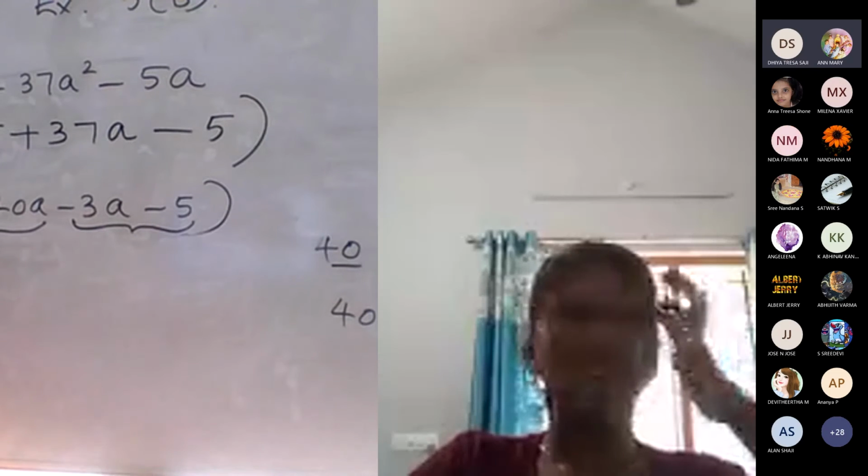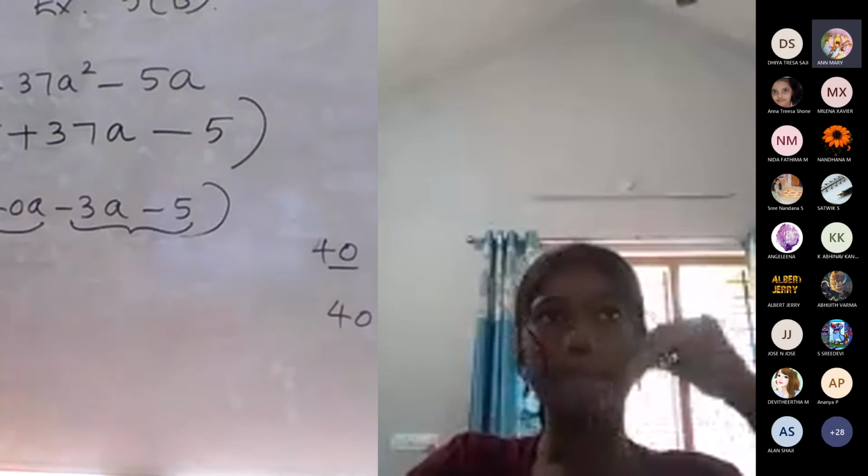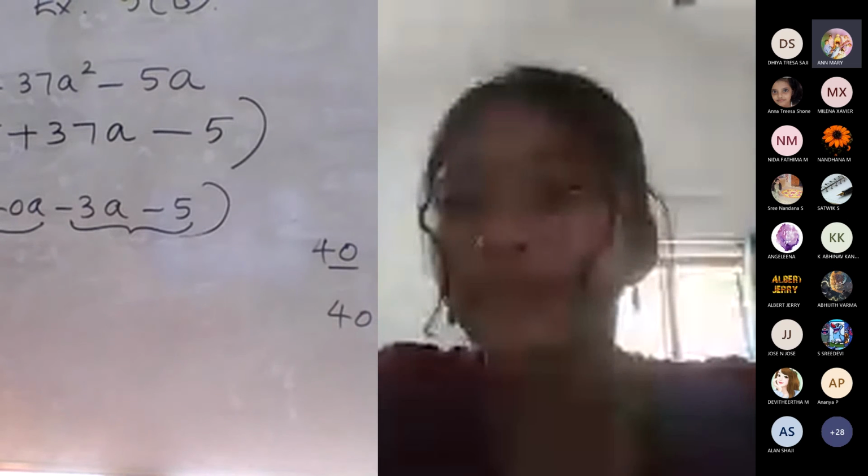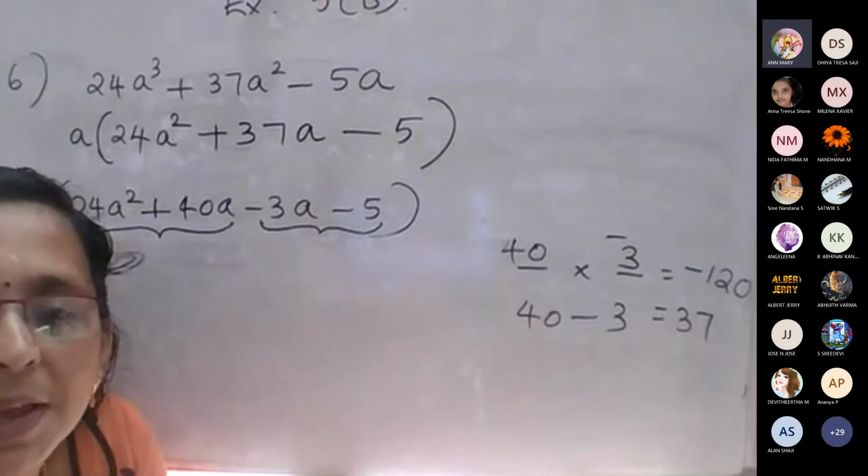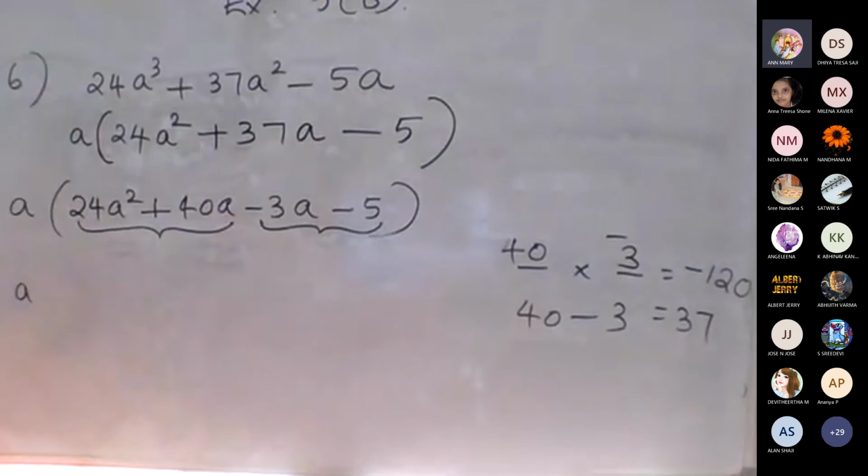So in this one, if you are taking 24 and 40, which number will you take common? Tell me which number you are taking common. 24 and 40, which one is possible? Then Sri, turn off your video. Which one? 2 is possible. Then with the multiplication table, it will be difficult to know which one we have to take.